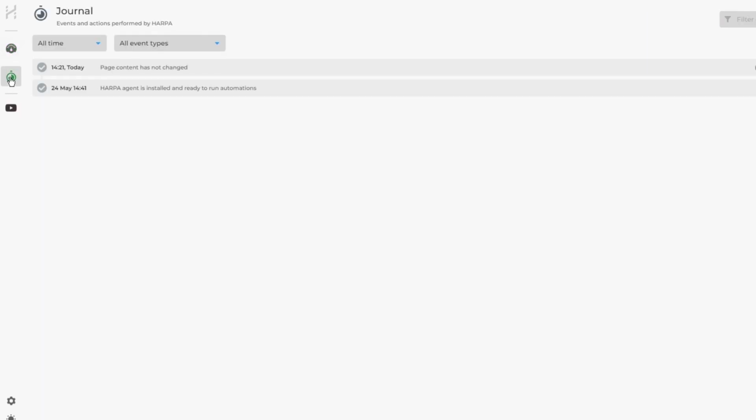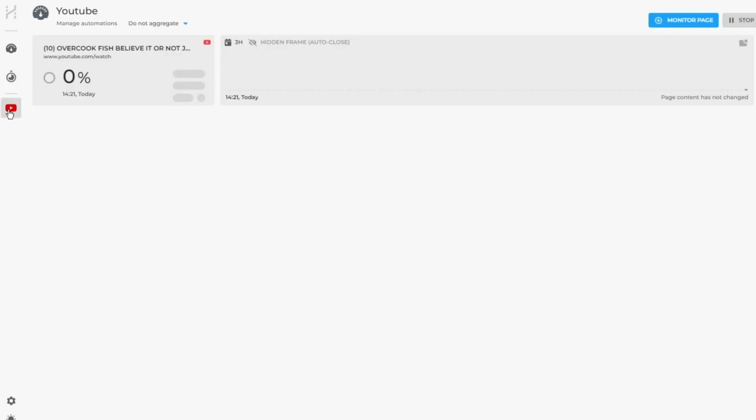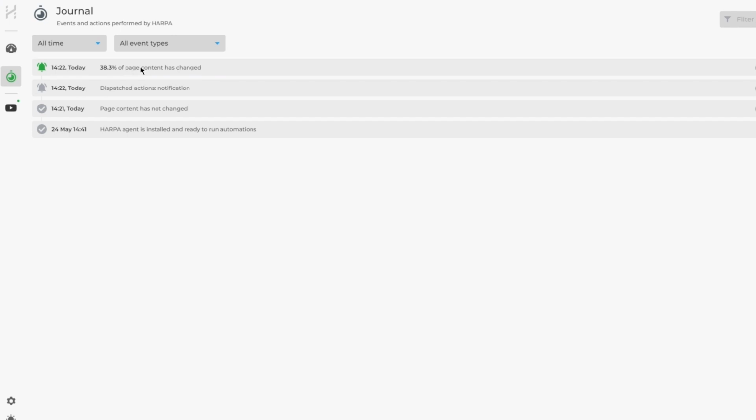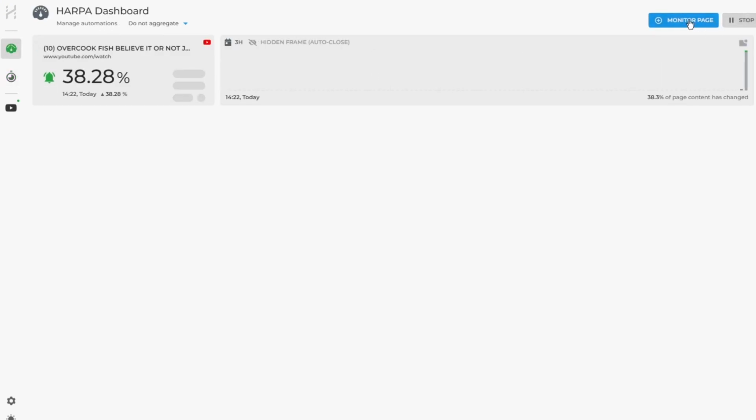Then moving on, you have this feature over here, which is your journal. Okay, and your journal is your history of things that have happened. So you can keep checking your journals for all the other things you add in. Then there's obviously the YouTube automation that we've added. And look at this. Just in a few seconds, you can start getting different notifications of it. So you can come here and you can see it says 38.3% of page content has been changed. So, pretty incredible. Now, moving on, this is obviously your Harpa main dashboard, which you can just use to import